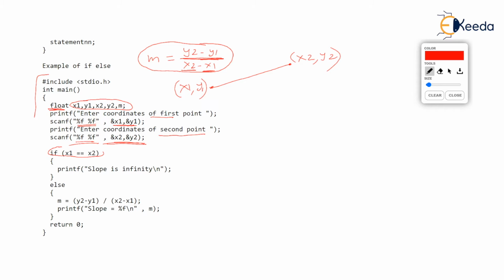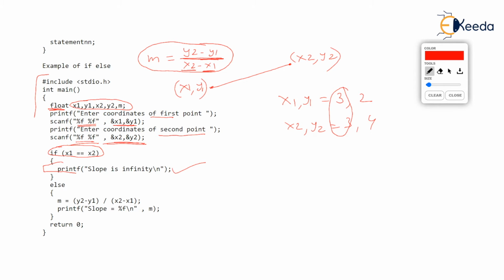So what if the user has entered x1 y1 as 3 comma 2 and x2 y2 as 3 comma 4? Now you see x1 and x2 are equal, so slope will not exist, or slope will be infinity. So if x1 is equal to x2, we would like to execute this line printing slope is infinity.